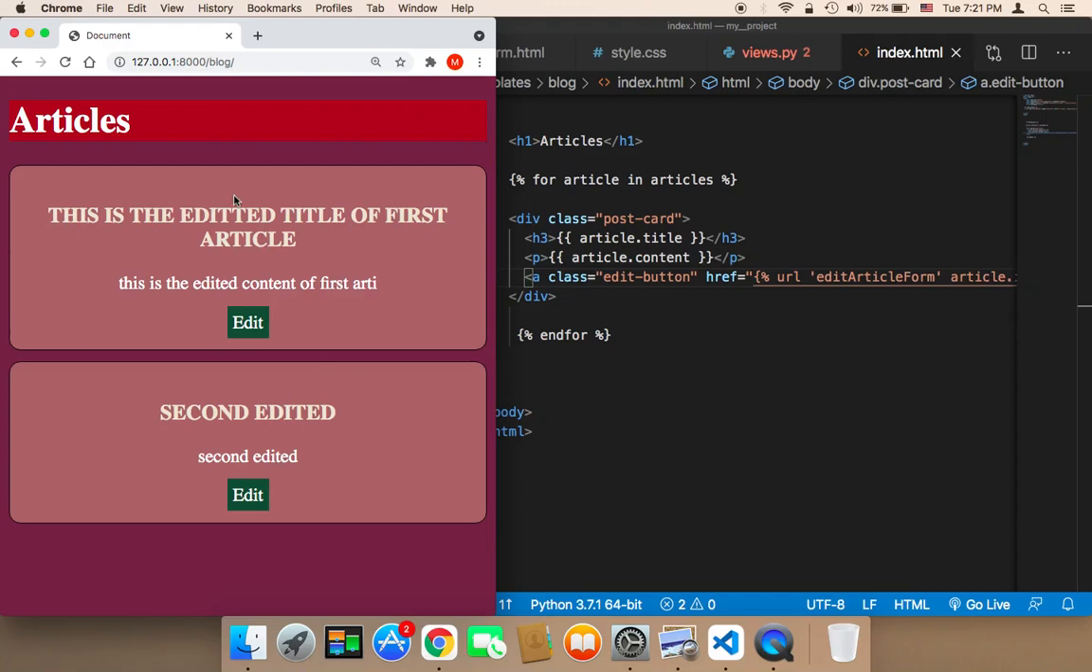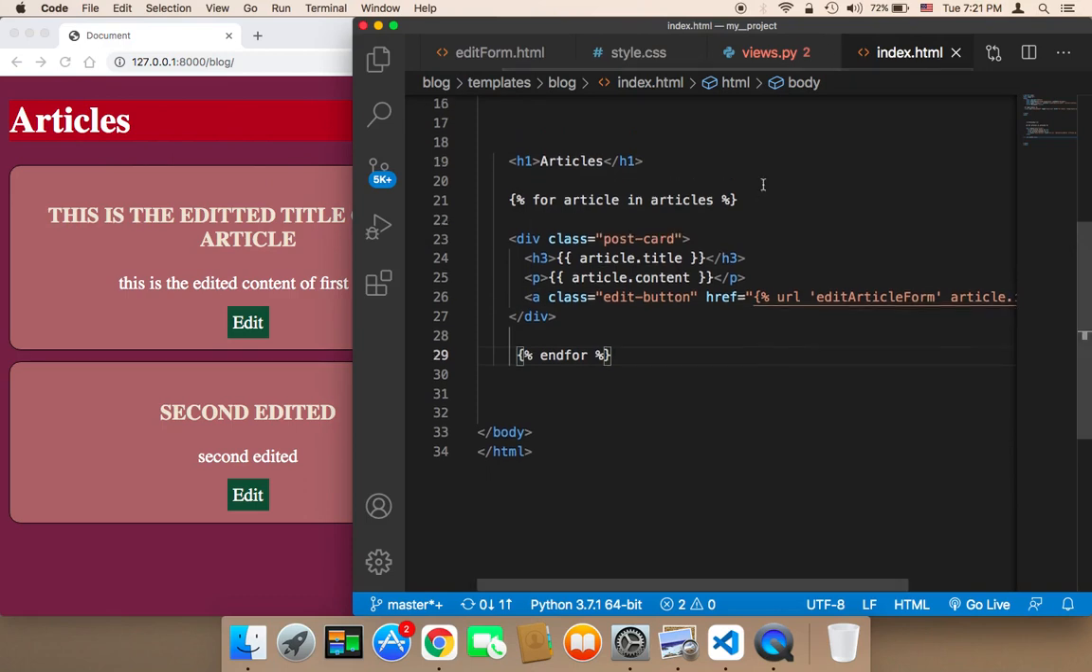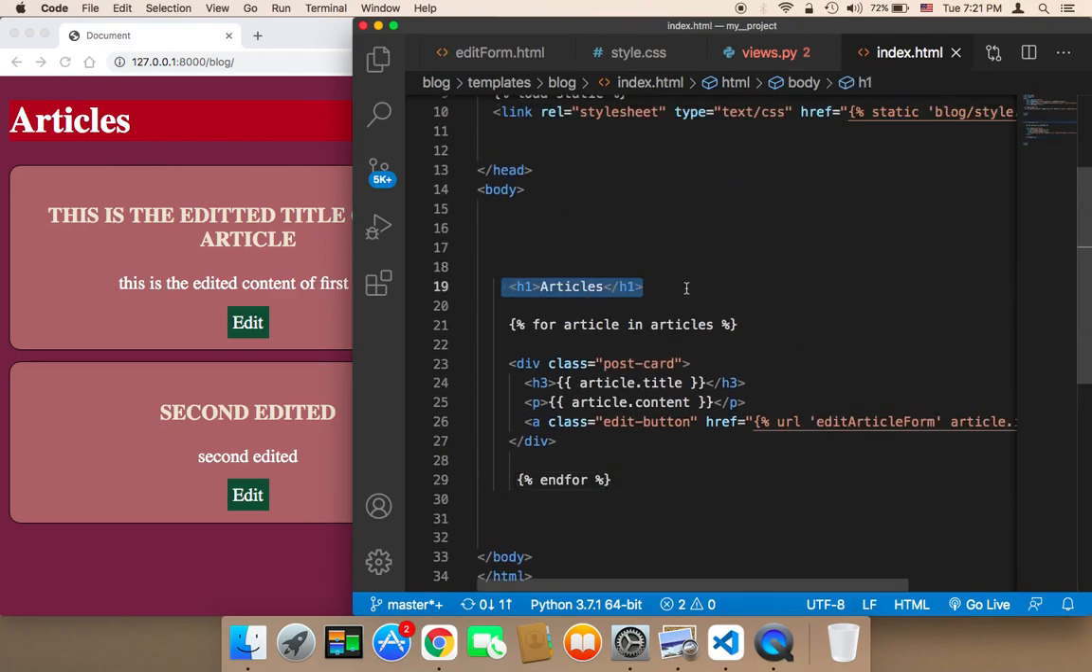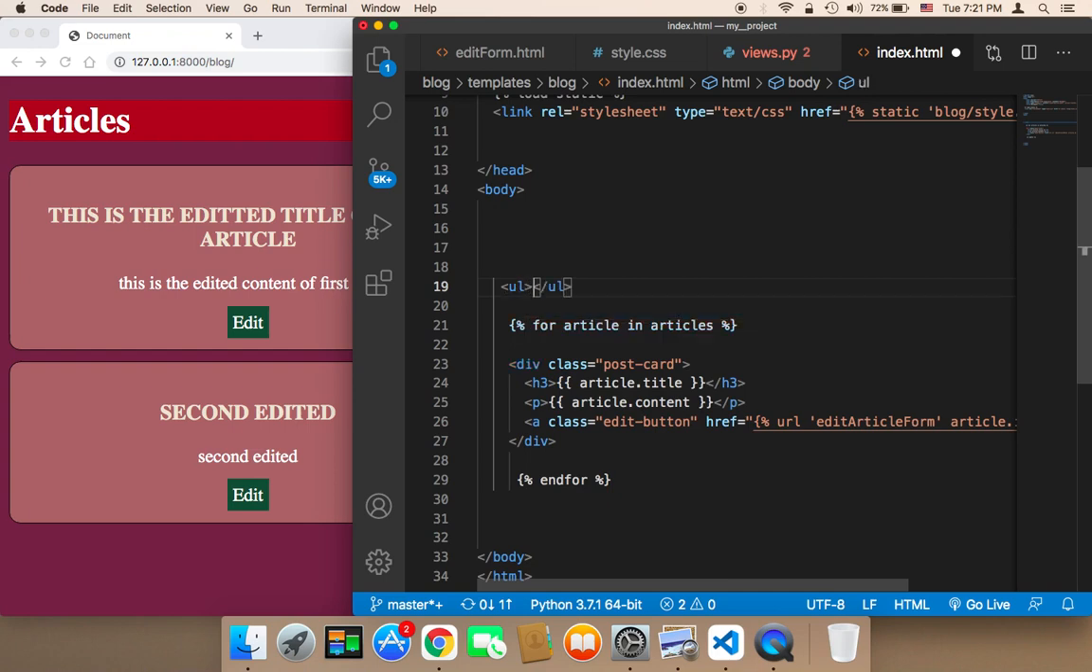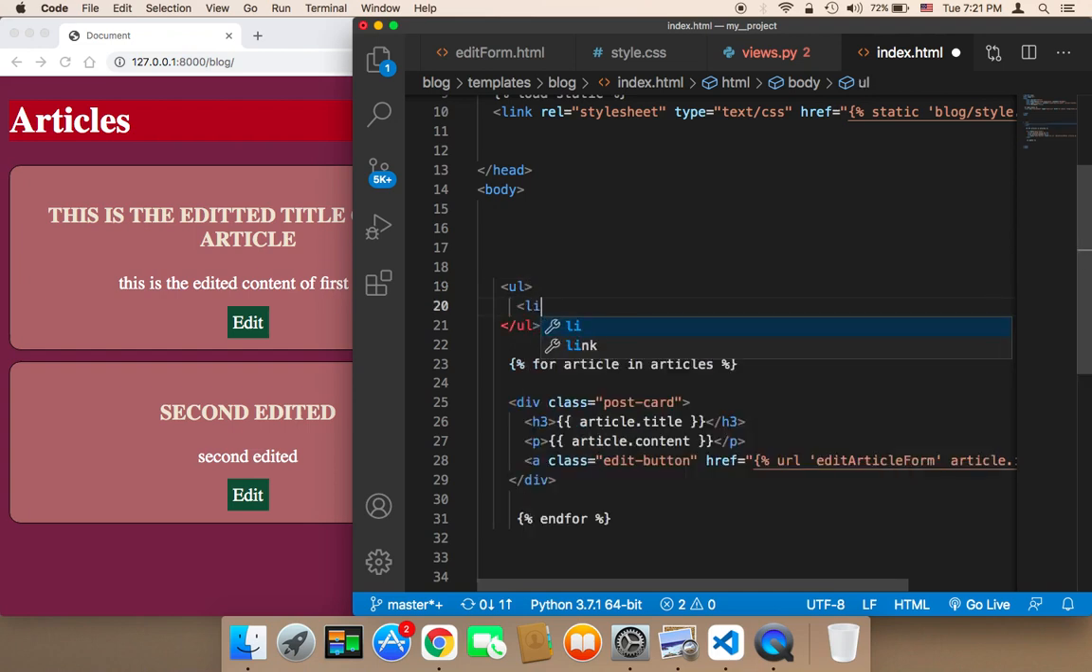So now what I'm going to do is add a navigation bar instead of this articles. So in the index, I'm going to remove this articles, and then I'm going to add here a UL, and then inside this UL, I'm going to add LIs. So the first LI is going to have an a tag, and inside that a tag, I'm going to say home page, home,